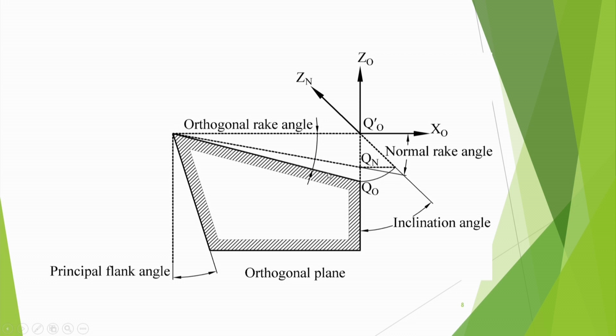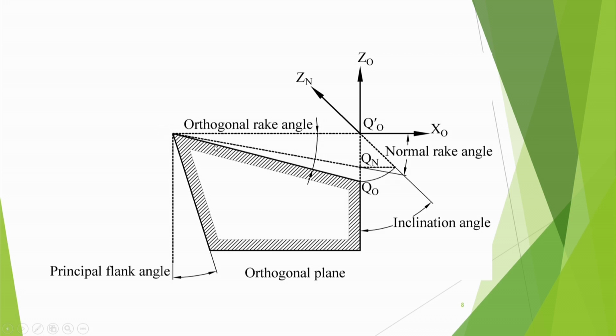That means the slope of the surface will be distinct here. This point will be up, other point is down. So by this we can know that this point is actually up. It is not the same elevation, not the same height level from the surface. So elevation is different, height level is different. So this difference is there, this difference is there. That is why the chip will slide in that fashion.